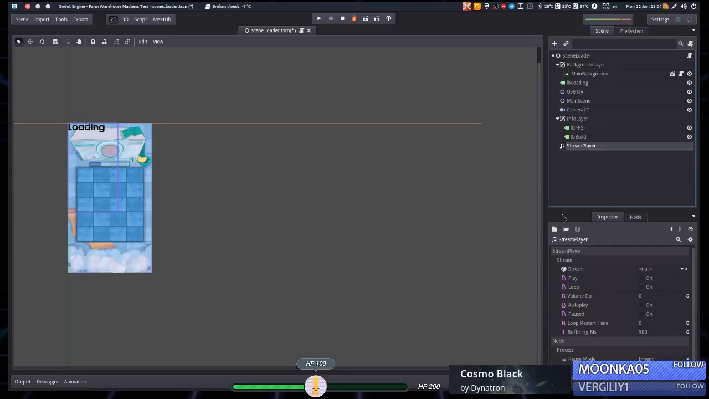Okay, so stream player, what does it have? It has a stream, which can be one of several, but the OGG Vorbis is what we're interested in. So this is this is a